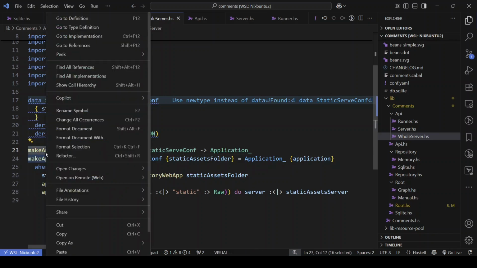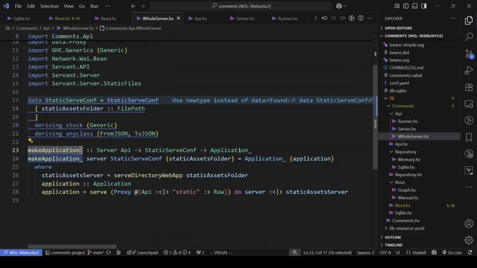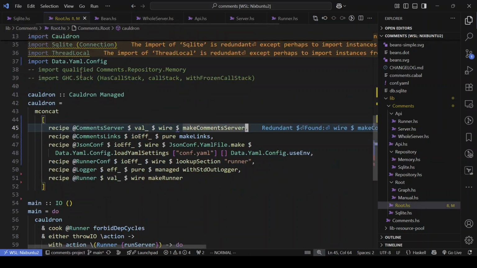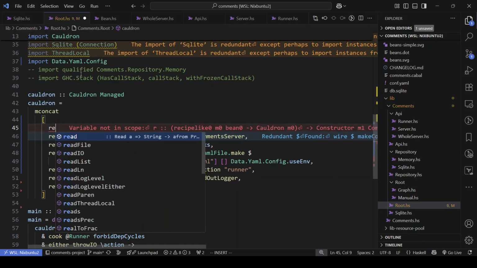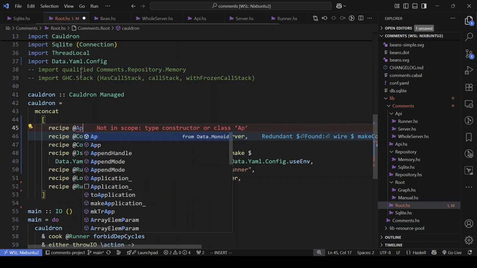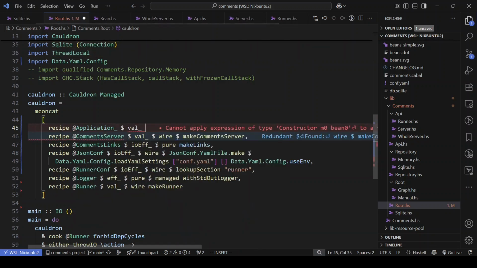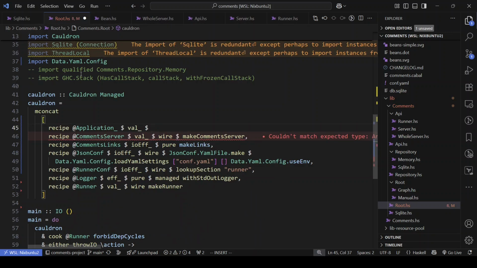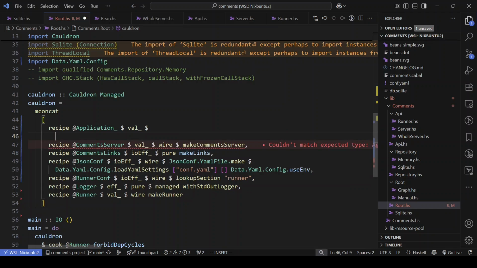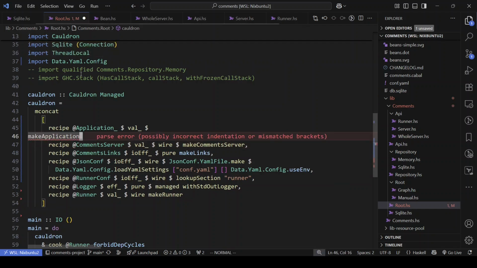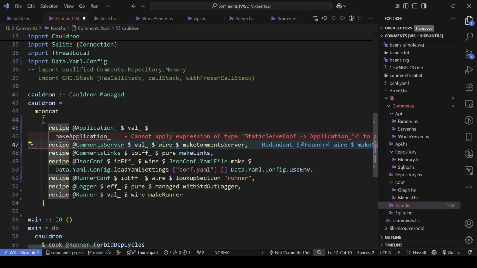So let's add this. Again, it's a pure constructor. Because it's a pure constructor, we have val, and then here, instead of using wire, we are going to use